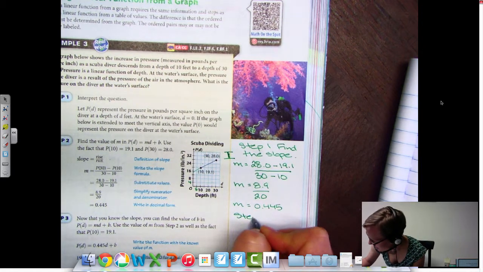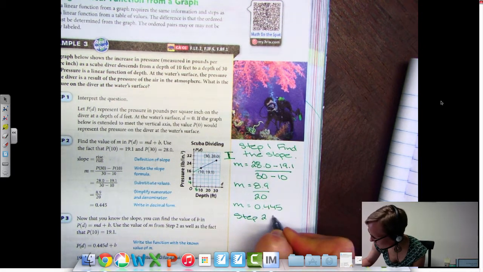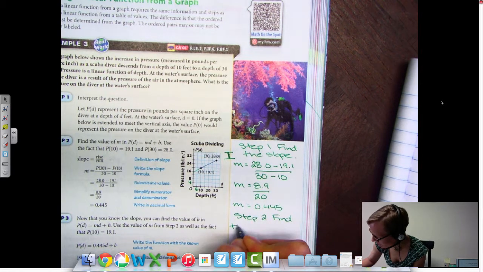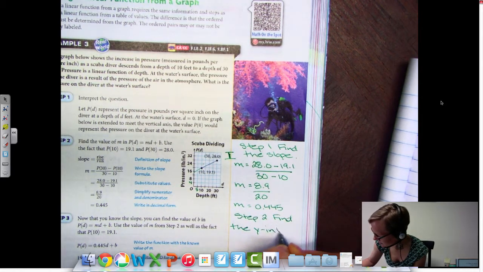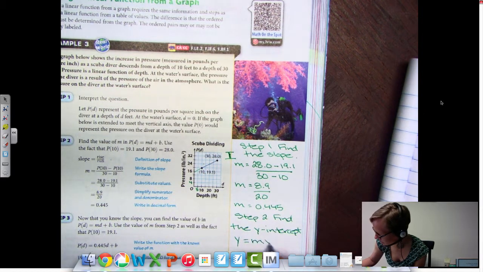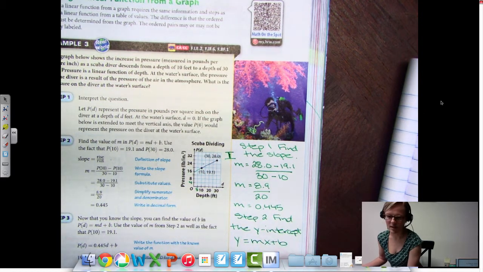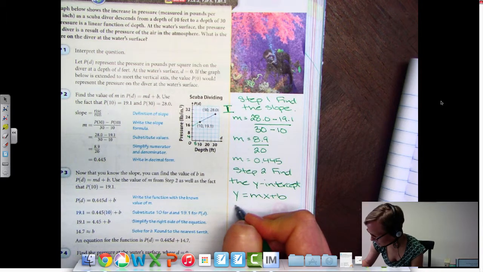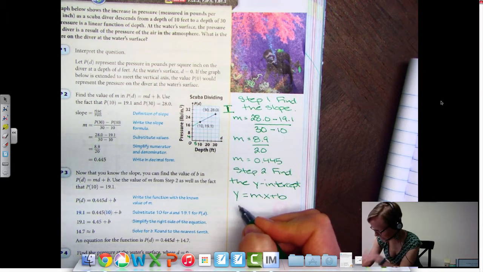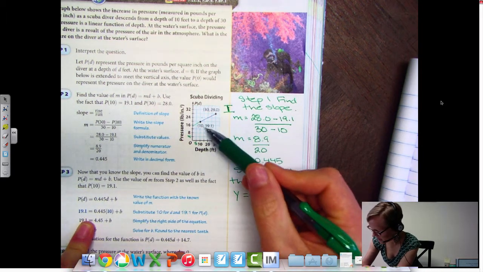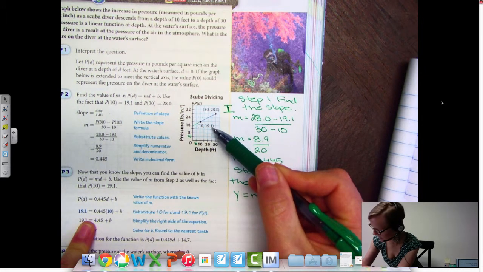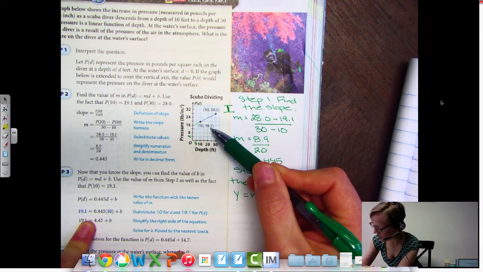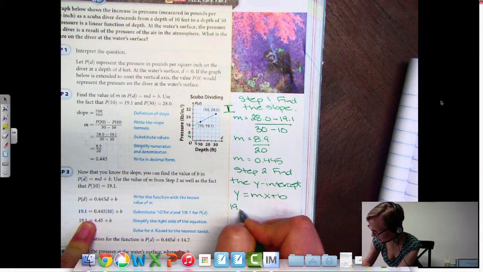Now let's do step 2. Find the y-intercept. And we're going to do this by plugging into our formula, y equals mx plus b. Okay, so we are going to use the same points that they chose. They chose the point 10, 19.1. So they substituted the y value, 19.1,